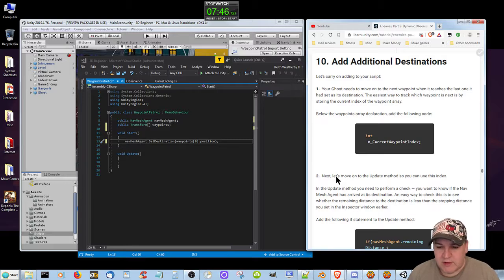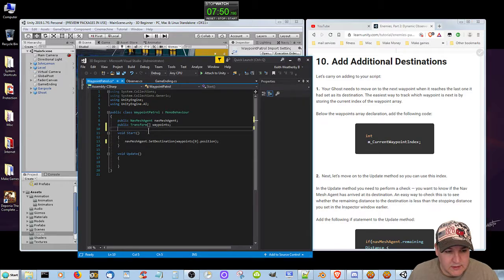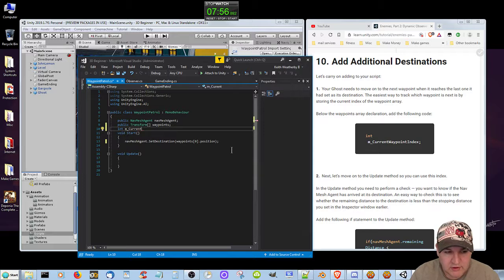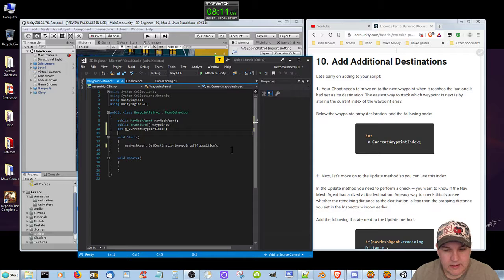Below the waypoints array declaration, add the following code. int m_CurrentWaypointIndex;